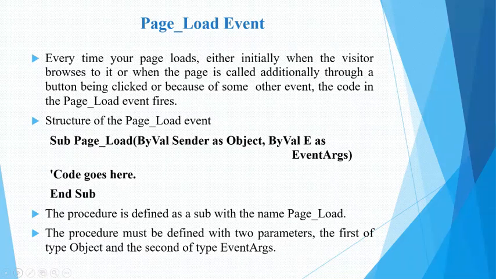These are the lines of the page load event program. The procedure is defined as a sub with the name Page_Load. The procedure must be defined with two parameters, the first of the type object and the second of the type event arguments. The next page is about